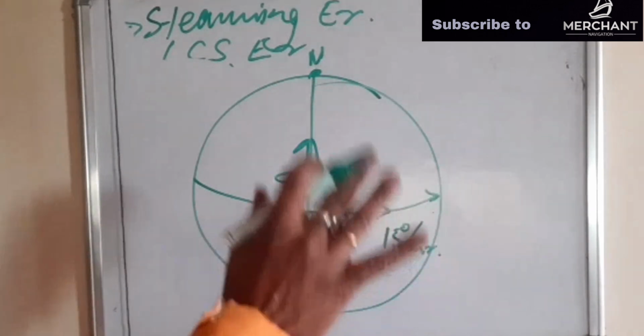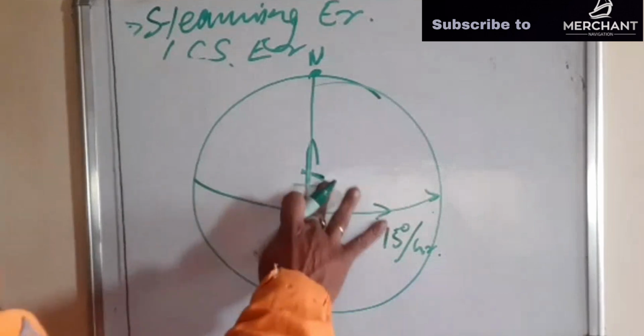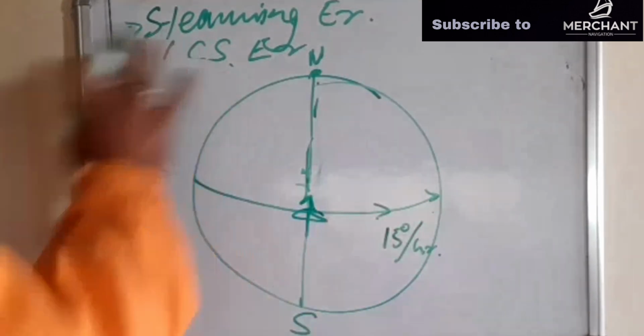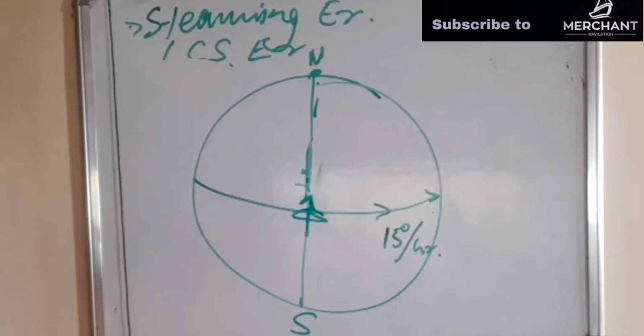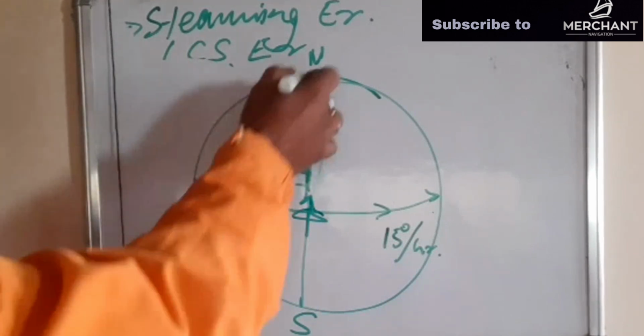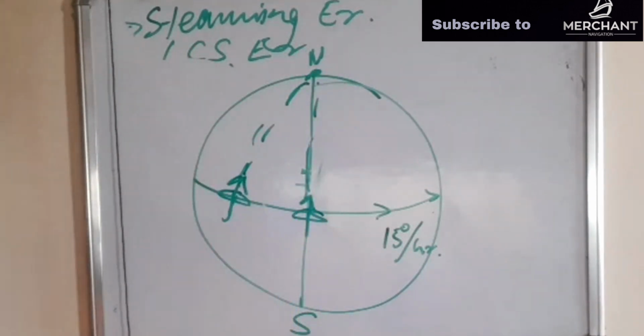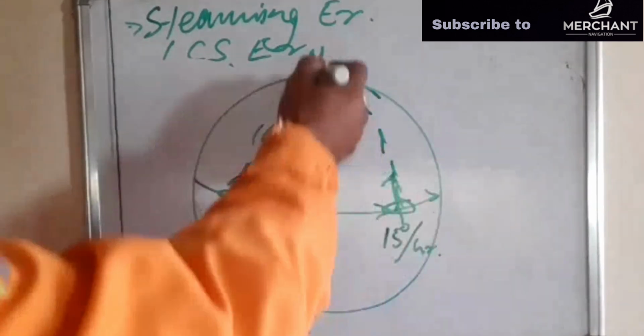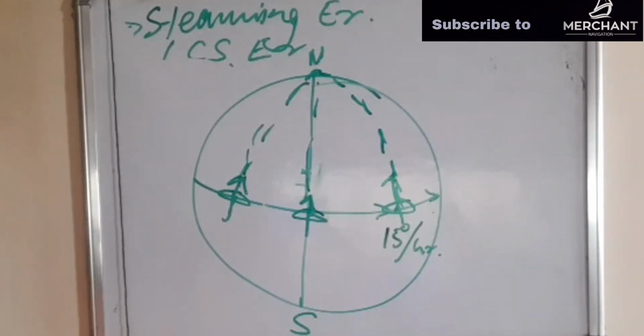For now, let us forget the damping error for a while. Assume we keep it here. If the compass is here, she is pointing to north. Correct? Yes, sir. If she is here, she is still pointing to north. Correct? Yes, sir. When she is here, she is still pointing to north, always aligned with the meridian, correct or not? Yes, sir. That means if we see at this place,